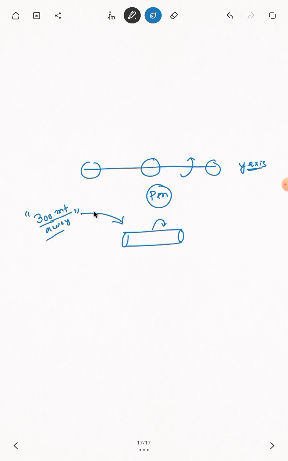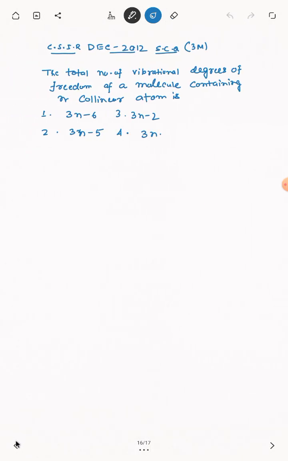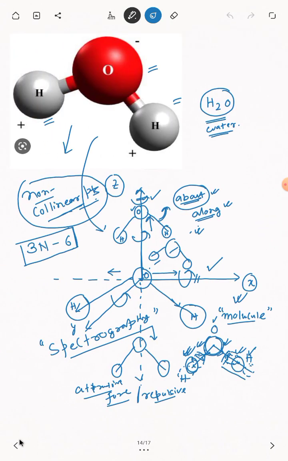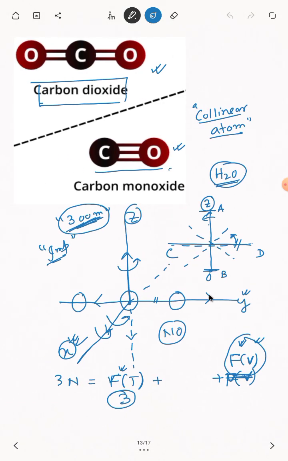That will not be any significant part of chemical bonding. So for that, this rotation about its own axis, the y-axis, is not taken into consideration. So we have translational degrees of freedom 3, and here 2. What is that degree of freedom? Freedom due to rotation, that is 2. So the ultimate formula for FV, that means freedom due to vibration, will be 3n minus 3 plus 2, that means 5,